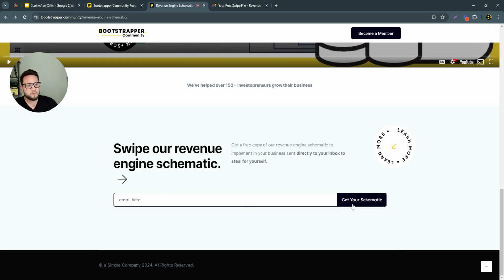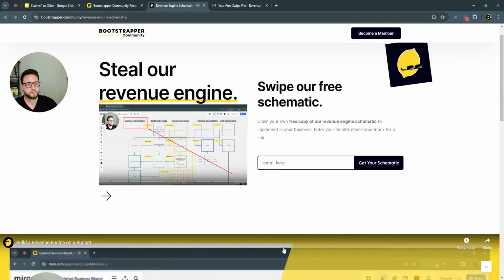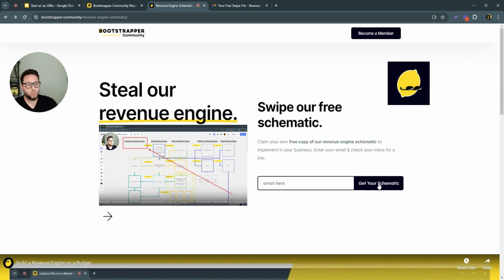But the call to action for us is get your schematic. Get your schematic is pretty clear. It's pretty straightforward. Email here, get your schematic. We got a little arrow. Same as up here. When we put our email in this, right,